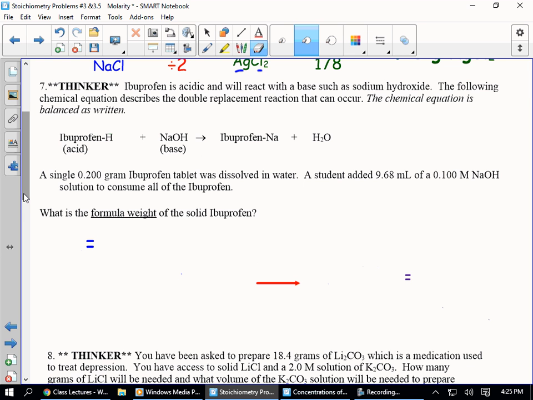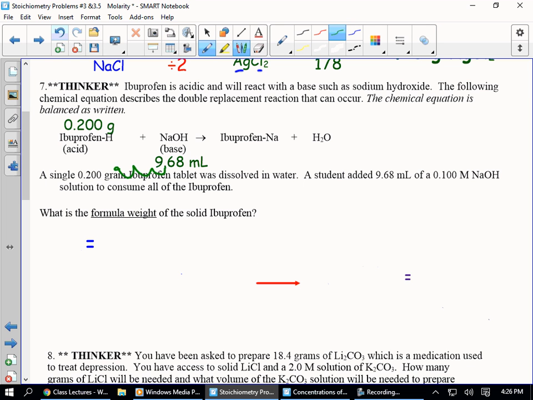All right, this thinker says ibuprofen is acidic and will react with a base such as sodium hydroxide. You can see that we have the acid and the base here. The following chemical equation describes the double replacement reaction that can occur. The chemical reaction is balanced as written, so we don't have to worry about balancing it. We're going to assume it's balanced. And we're going to say a single 0.2 gram ibuprofen tablet was dissolved in water. A student added 9.68 milliliters,